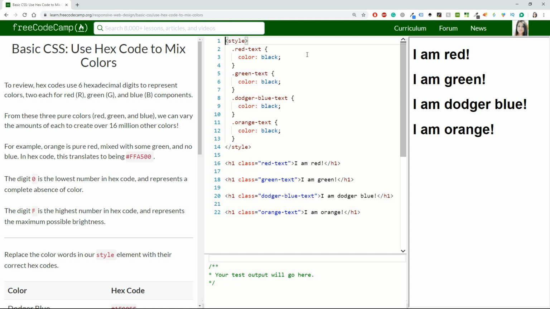Cool. Next challenge is use hex code to mix colors. To review, hex color codes use 6 hexadecimal digits to represent colors, 2 each for red, green, and blue components. From these 3 pure colors, we can vary the amount of each to create over 16 million other colors. I mean, this is pretty amazing. For example, orange is pure red mixed with some green and no blue. In hex code, this translates to being